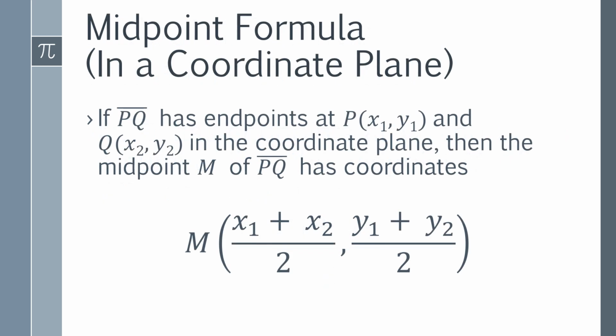On the coordinate plane now, because you have x coordinates and y coordinates, if segment PQ has endpoints P at x sub 1, y sub 1, and Q at x sub 2, y sub 2, then the midpoint M of segment PQ has coordinates (x sub 1 plus x sub 2) over 2, (y sub 1 plus y sub 2) over 2. Add the x values, divide by 2, add the y values, divide by 2. All right,